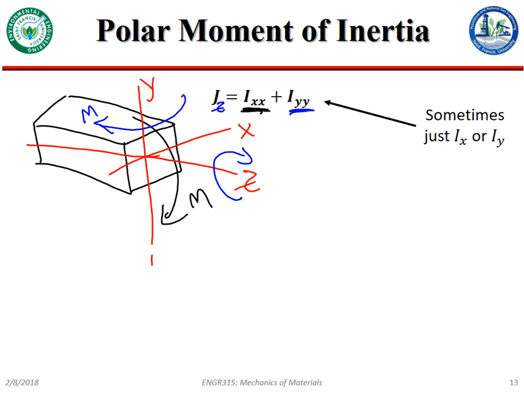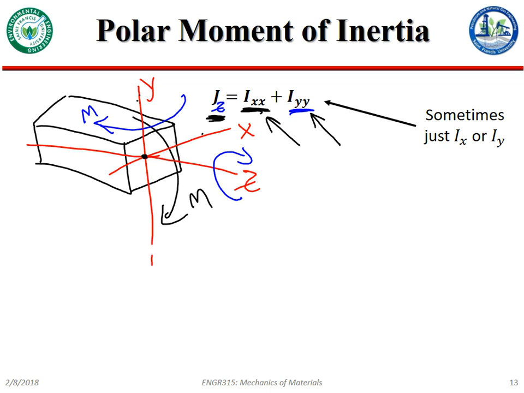If I want to find that polar moment of inertia, and I don't have it for some reason, and I want to find it from two other area moments of inertia that I do know, say the area moment of inertia around the x and the y-axis, I just have to make sure that the point where the y and x-axis intersect is indeed where I have the z-axis coming through,